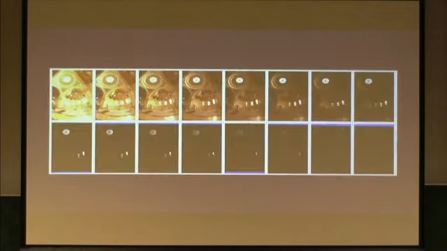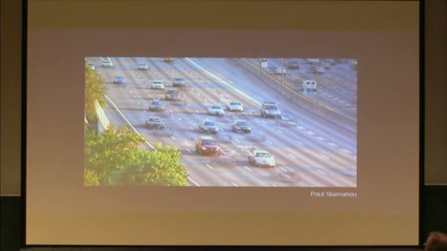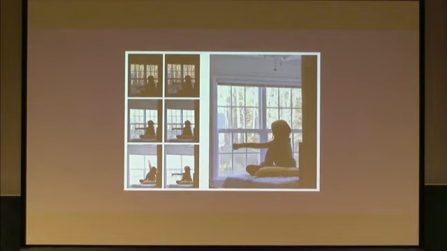So this method works under the assumption that everything in the scene is static, because this average doesn't take into account motion. You have no motion, neither from the camera nor from objects in the scene. So if there's motion, you have artifacts, which is called ghosting. There's a lot of work on doing high dynamic range imaging on non-static scenes, and this is one fairly recent work which provides very good results. Still, the problem is open.